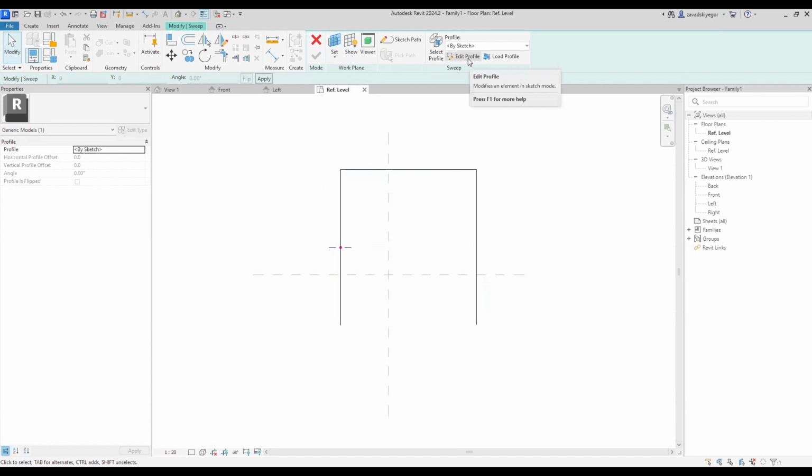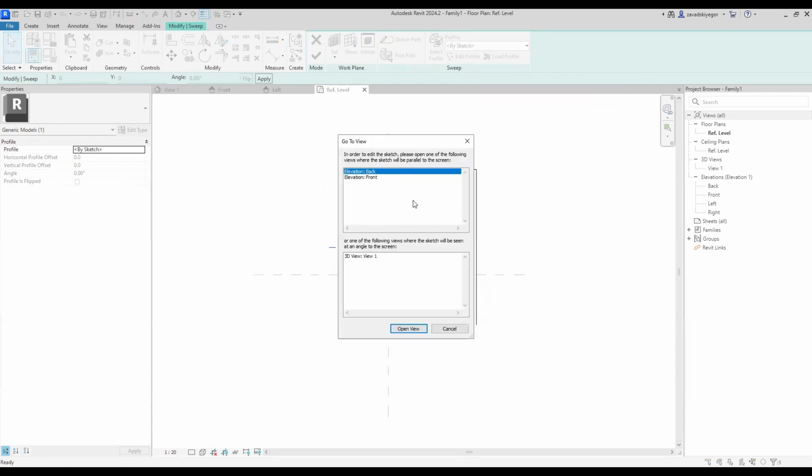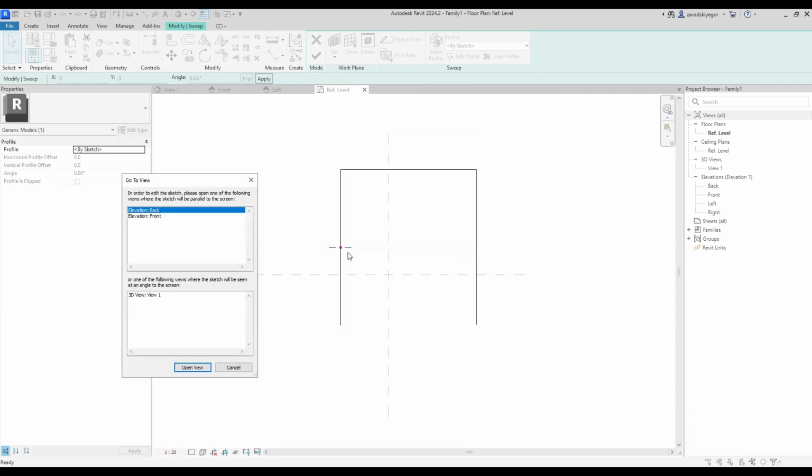We also can draw a profile and choose the profile, or we can load a profile, but in many cases we just edit the profile. Click edit profile to create a new profile. In this window, we need to choose where we want to draw our profile, because on the plan I can't draw my